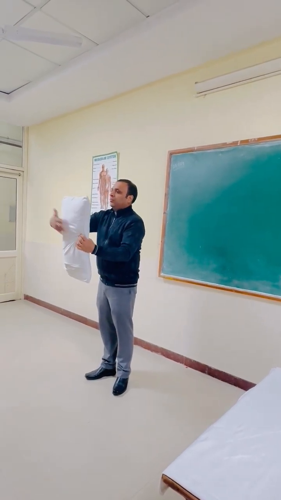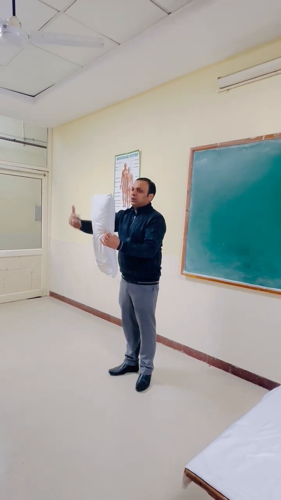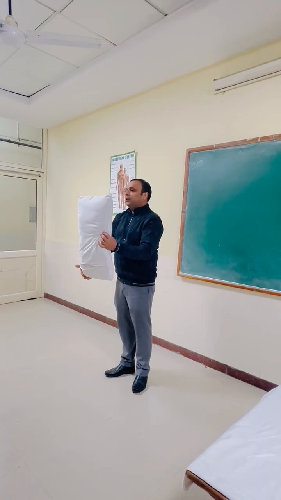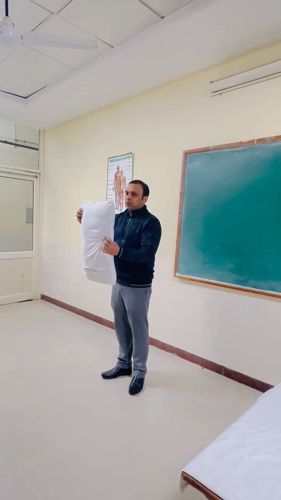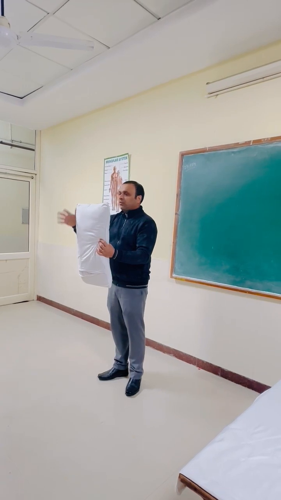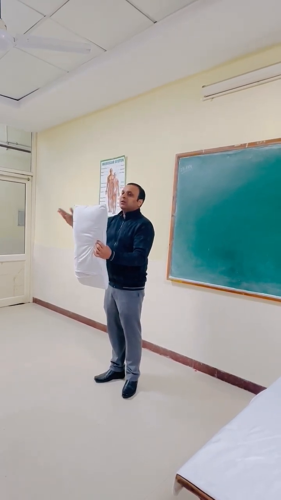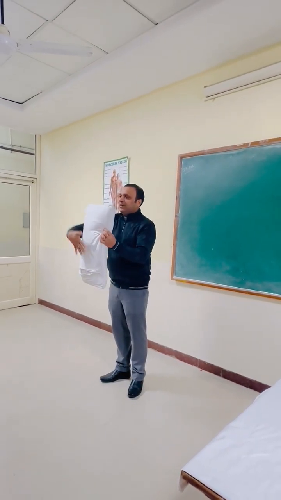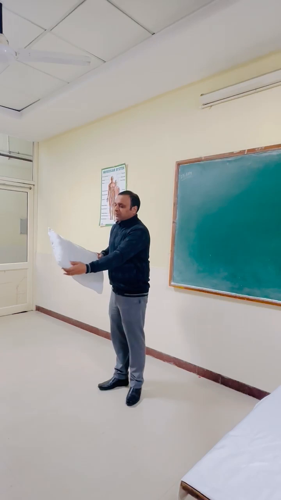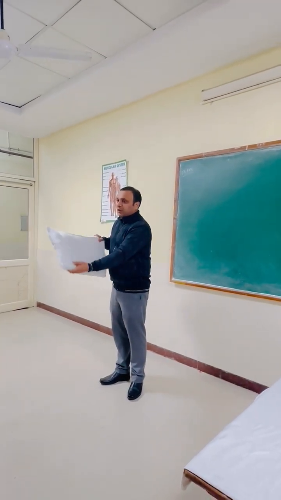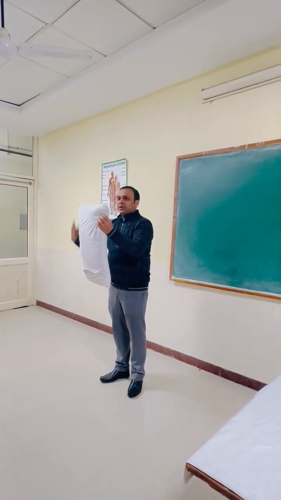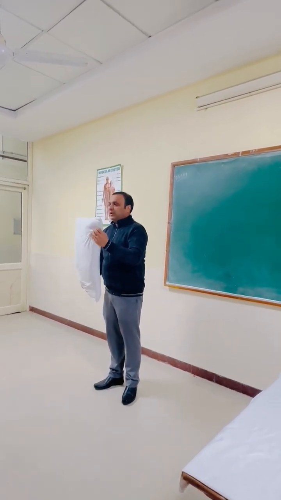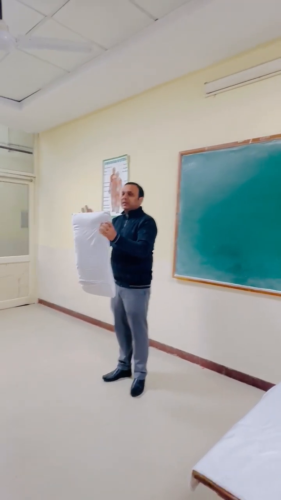This is the right oblique axis passing from the right superior border to the left inferior border, and the left oblique axis passing from the left superior border to the right inferior border. So the torsions are of two types: flexion dysfunctions or the forward torsions, and the backward torsion or the extension dysfunction. For example, on the right axis, the forward torsion will be like this, forward torsion, and on the left axis, the forward torsion will be like this. Clear? Fine. Then the backward torsion. Backward torsions are the extension dysfunctions.